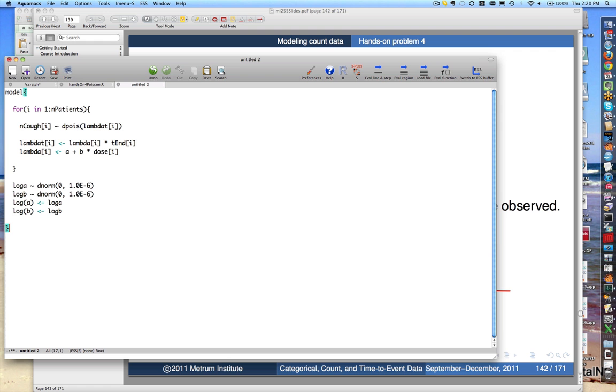our posterior prediction, which, like in most cases, we could either do here, or since we're passing the lambda values back to the R script, we could actually just generate them by using the rpois function in R, either way. But we'll go ahead and do it inside here. So call it nCof pred